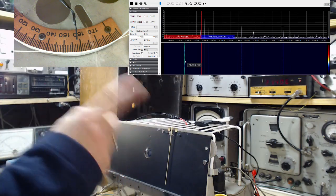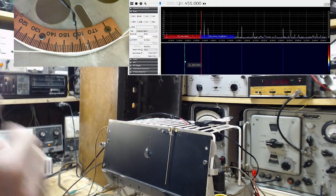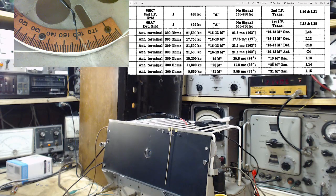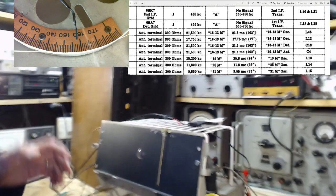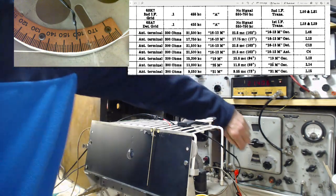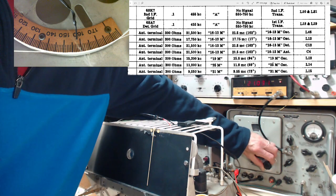So that means the local oscillator is adjusted incorrectly on here, if I haven't confused myself to all heck. Okay. Yes, all heck. 21,500. I think that's a 5 or a 6. 162. 21.5. Of course it's a 5. Jim, come on. 162. Definitely 162. 21.5. We moved it up. So we'll put this to